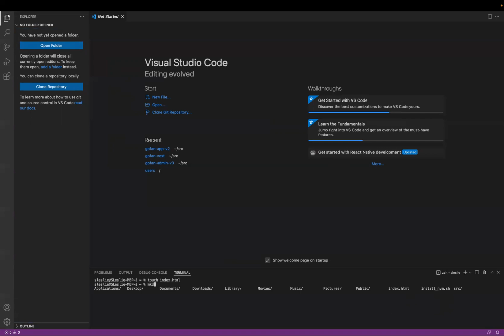So we're also going to call mkdir, which means make directory. If you call mkdir and then type src, mine's going to say file already exists. For you, it's created in the root of your entire computer's directory. Then you can call code src